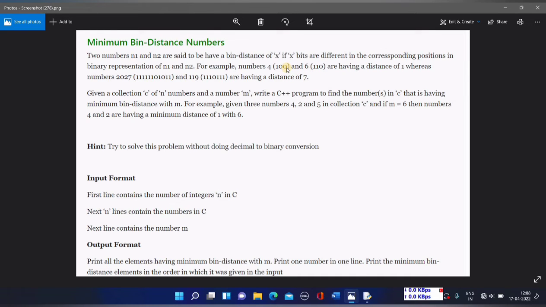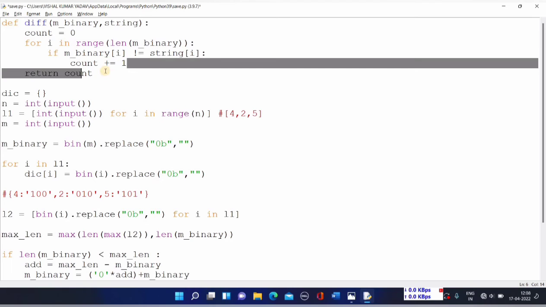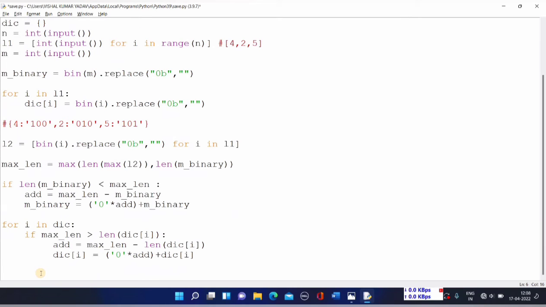I have to take each and every index and I have to check whether they both are same or not. Okay, whether the values over there are same or not. If they are not same, then I have to increase the count value by 1, and at the end I'll be returning the count value. Now see,